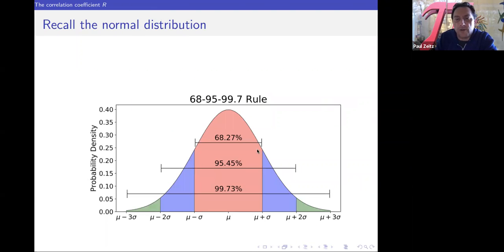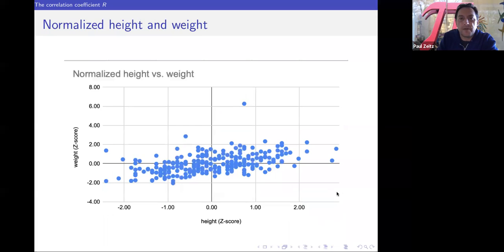I just wanted to remind you again, z-scores with the standard deviation. So if you had a z-score of 3, you're all the way out here. 99.7% of the population is within 3 standard deviations of the mean. So this means literally you are 1.5 out of 1,000 out here.